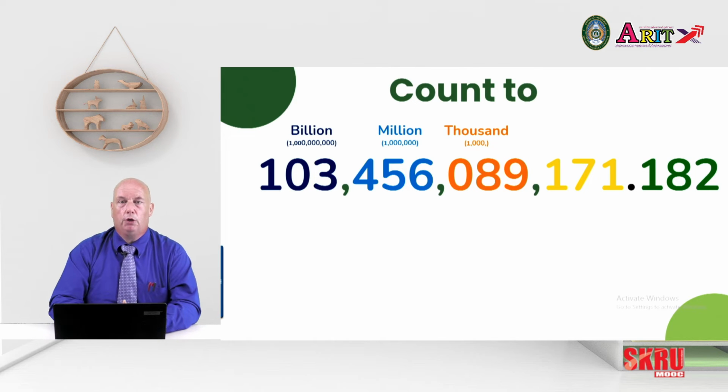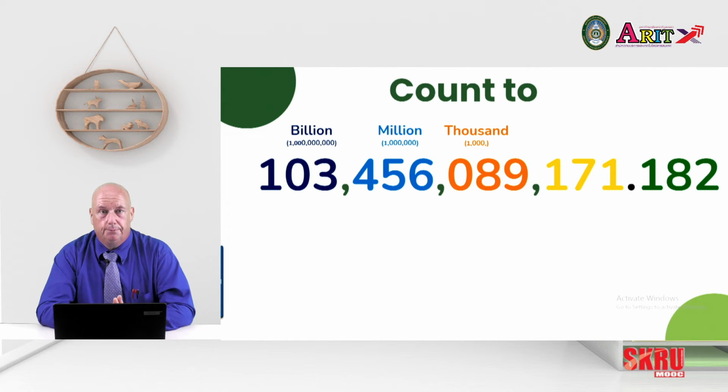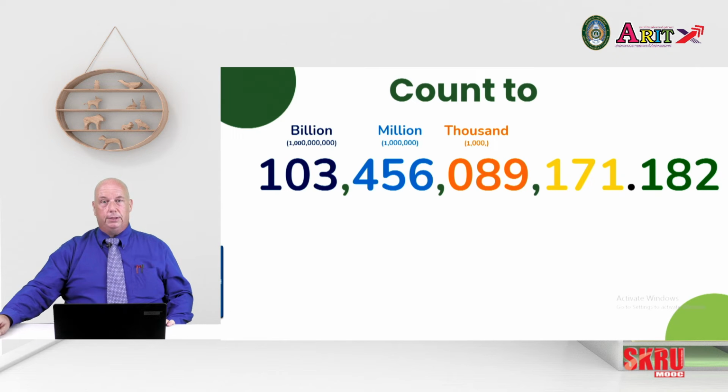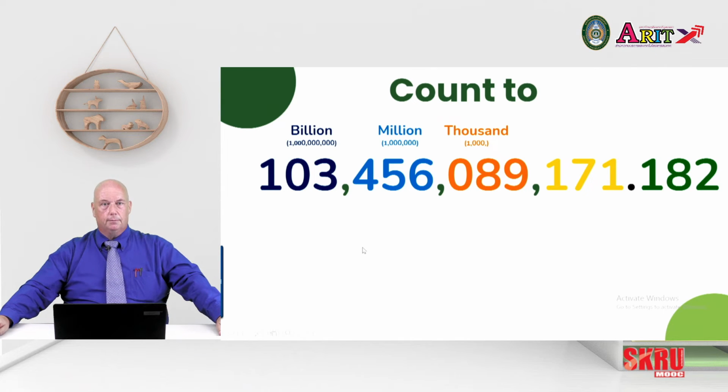In English, we group things into threes. So we don't need so much vocabulary to be able to read these things. They just look scary. But when you start, you'll see how easy it is to read a number like this. The first part, 103. And we just tag on the group that it belongs to, billion. A billion is 1,000 million. So 103 billion. Then our next group of 3,